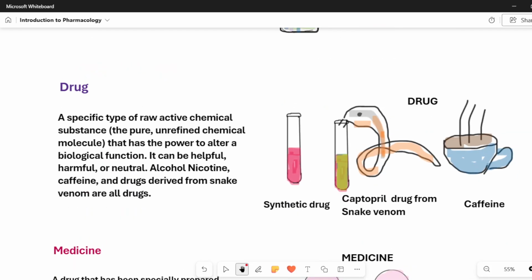Next, it is about drug. What is a drug? A drug is any specific type of raw active chemical substance. Now we have seen what a chemical substance is. A drug is any chemical substance which has the power to alter a biological function.